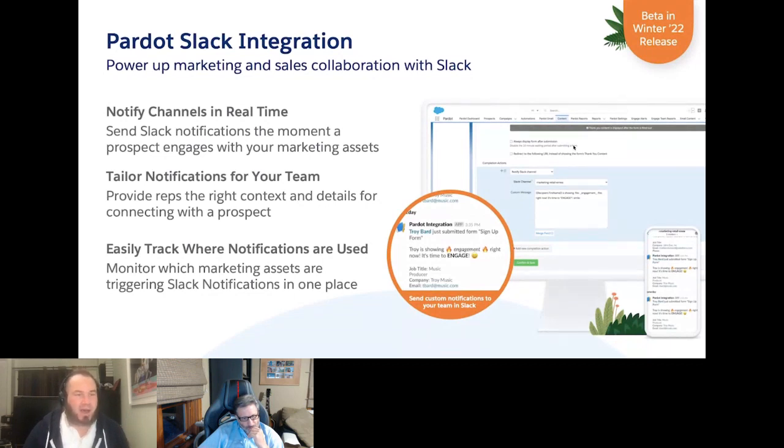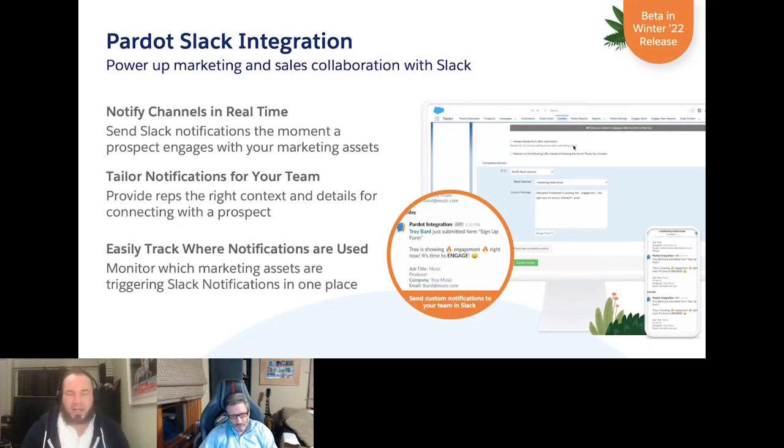And think that this is available via a completion action. So if someone does something with an email, if they click a link in an email, or if they fill out a particular form, we can actually take immediate action to send a notification to our internal team that this person has actually done something,